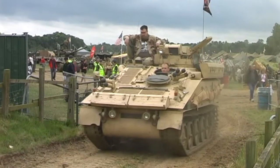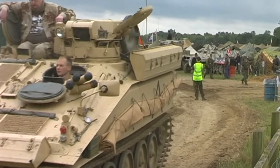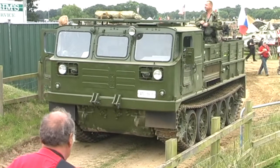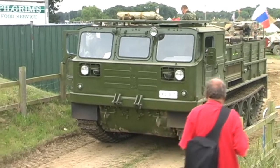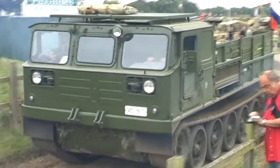I'll just wait till it rumbles by. The Russians stored the fuel on the outside of the tank. They put that into the centre of the bumper, so when you did get up to a bank, the roller would actually lift the nose of the vehicle until the front wheel was